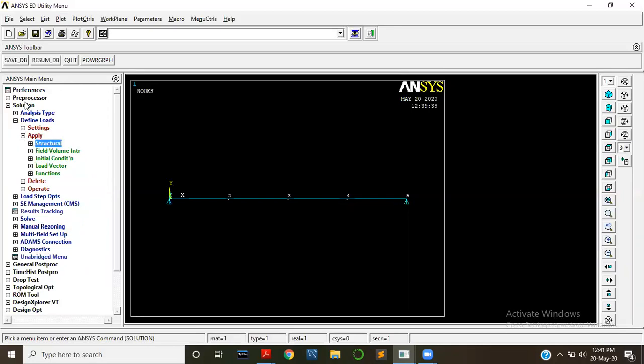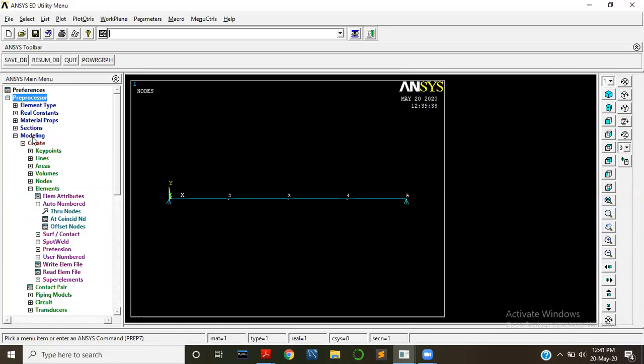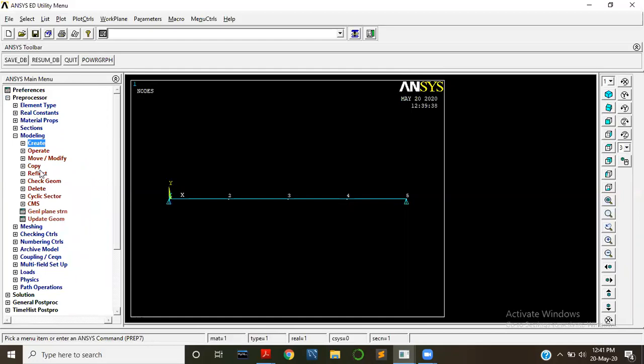We have to go to modify, move or modify. Select that. Then nodes.